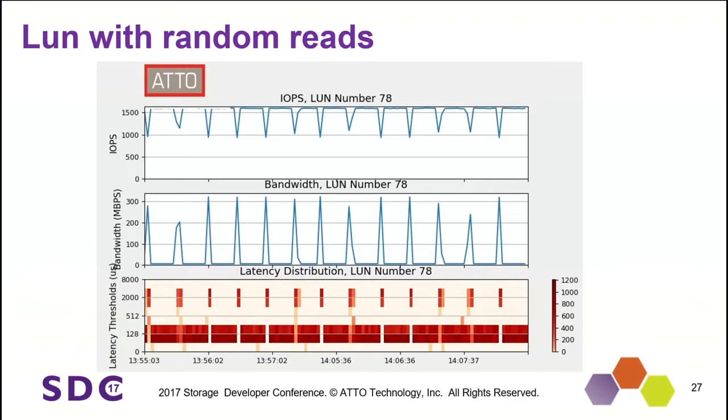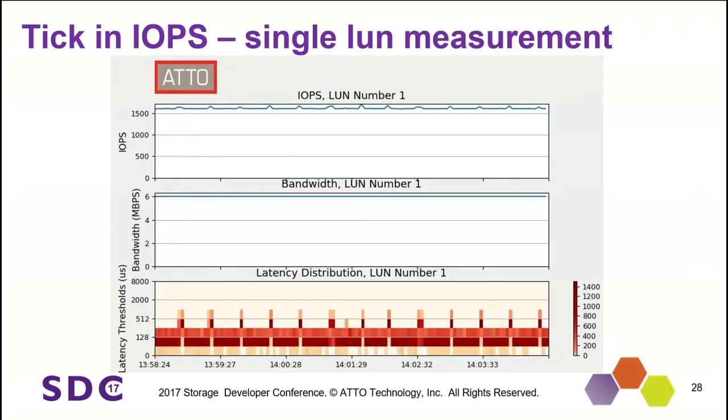So then what I ended up doing is I said, well, let's just look at this one. Okay? Now we're seeing that the bandwidth is looking just fine. The latency distribution is looking just fine. But this is your 4K IOPS and here's the other, but it's like, what's really going on? It didn't make a lot of sense. Okay? So this is Lun number 1. This is not the one that is getting hit with the 1 megabyte randoms, but it still has these peaks. And that's what the banding looked like.